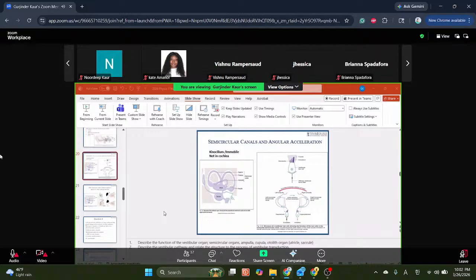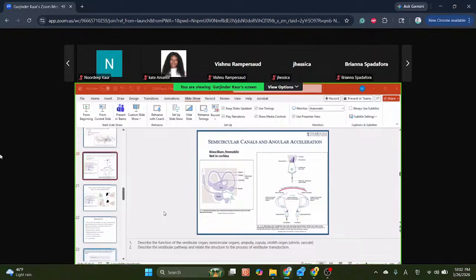Okay, so you can see my screen, Diego? Yes, I can. Okay. So basically, you all are clear about the cochlear stuff? We are good on that, Diego? As in the audition part, yes. It's more the vestibular system that I'm having a little confusion with, especially on the linear acceleration. Yeah. So basically,